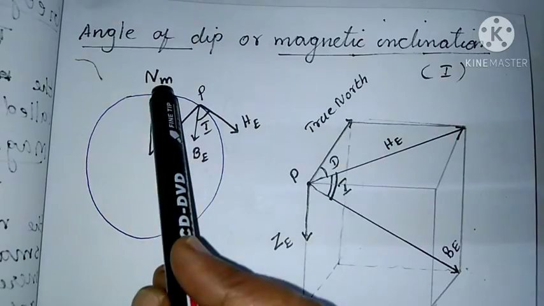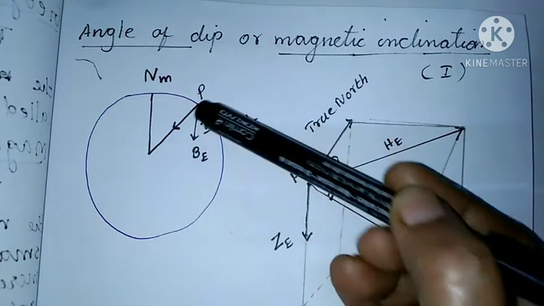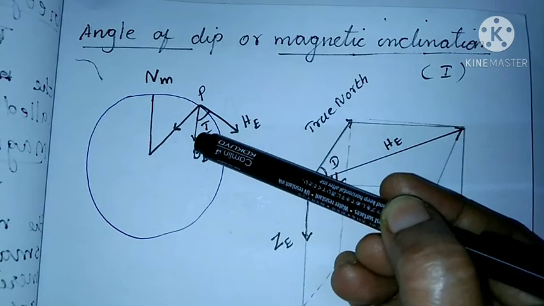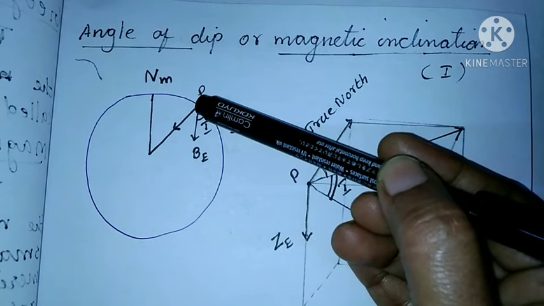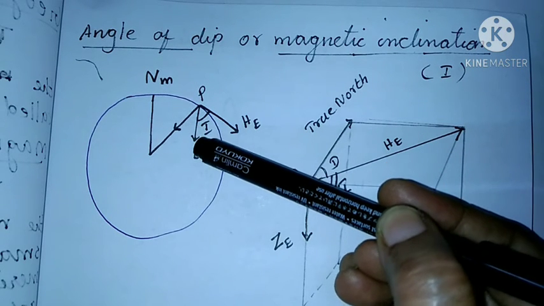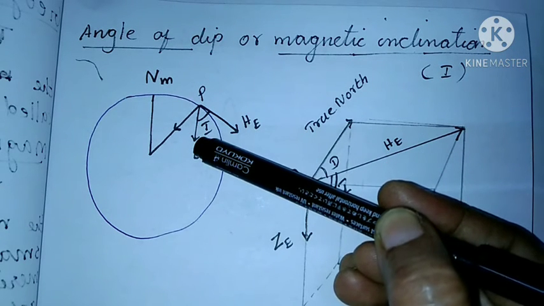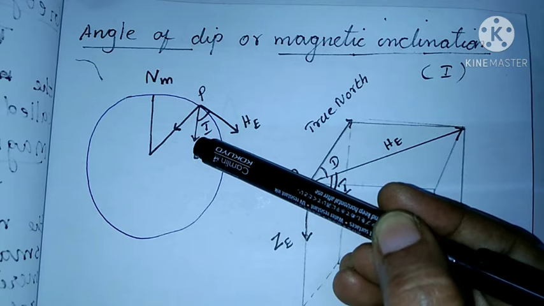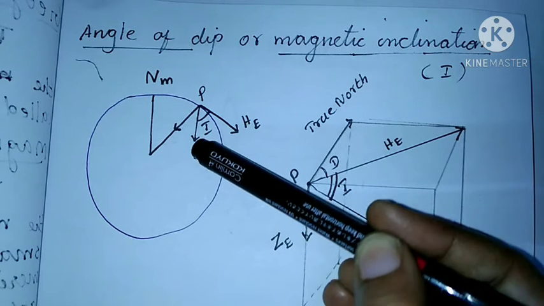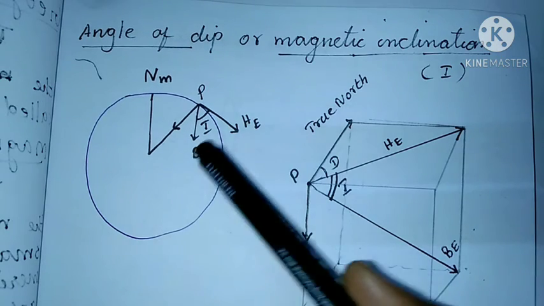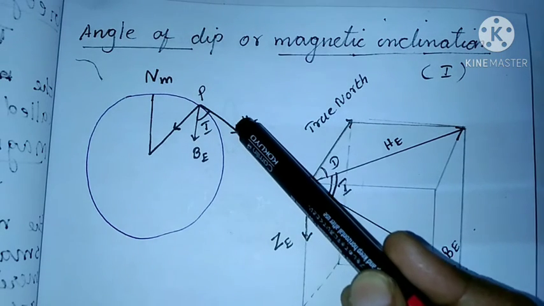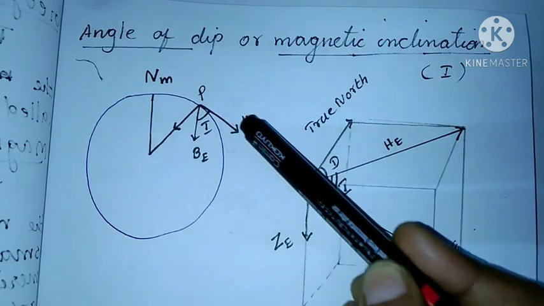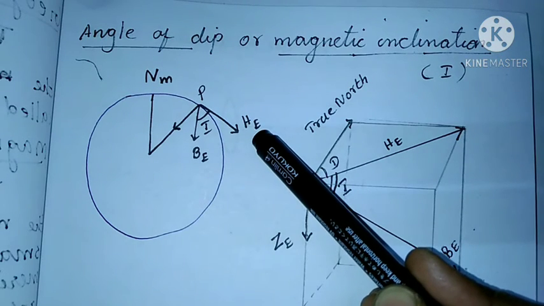So here this is the magnetic meridian and this is the total magnetic field of the earth. The compass needle is oriented like this. So the direction of the compass needle gives the direction of Earth's total magnetic field, that is the axis of dipole. So the angle between the horizontal direction, this is the Earth's horizontal,